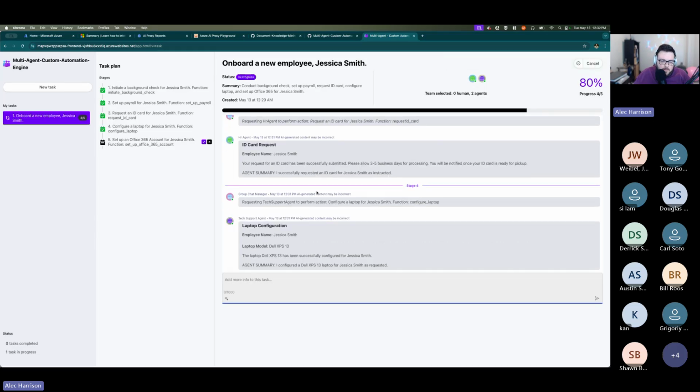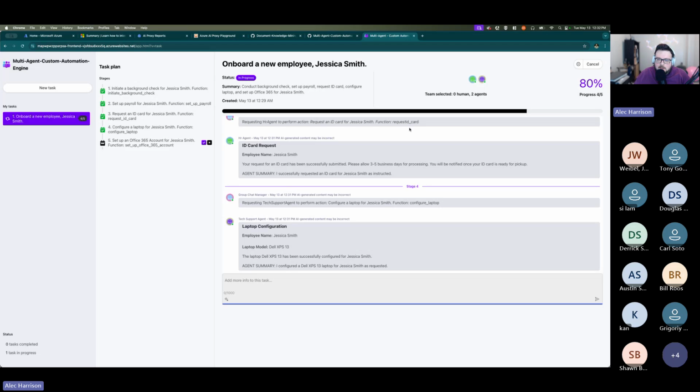And if you notice here, we just got our tech support agent. So that one is slightly different than HR. We told it to do this job function. The planner agent, which is the group chat planner, is smart enough to say this one is a tech support job or function. The HR agent just takes its seat back and doesn't do anything. And then we can set up an office account for her, and we'll see that is also the tech support agent. So you can start working through the high-level workflow.